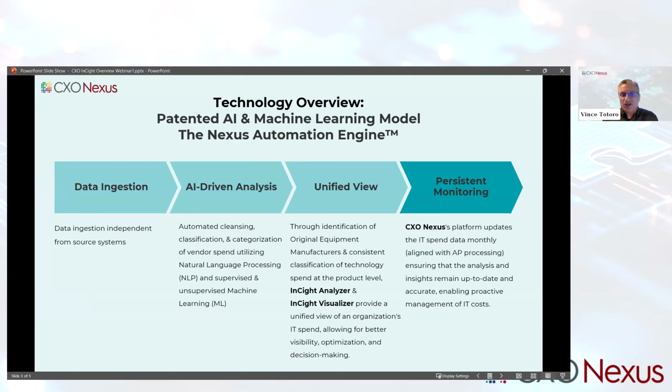So our flexible ingestion engine allows all the normalization of that data to come into our platform, where our automated AI-driven analysis cleans, classifies and categorizes that spend using natural language processing and supervised and unsupervised machine learning. Through the identification of original equipment manufacturers, and a consistent classification of technology spend, again at that product level, our Insight Analyzer and Insight Visualizer provide a unified view of an organization's IT spend, allowing for better visibility and